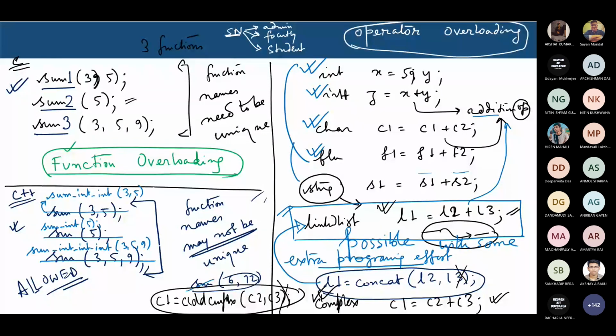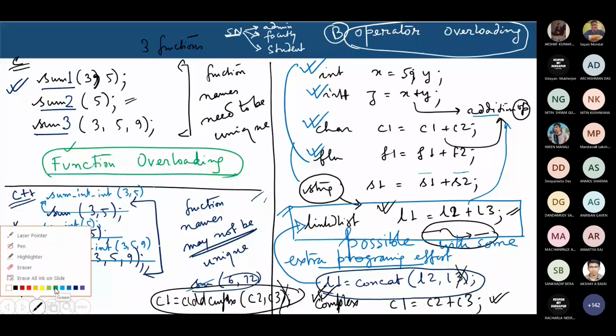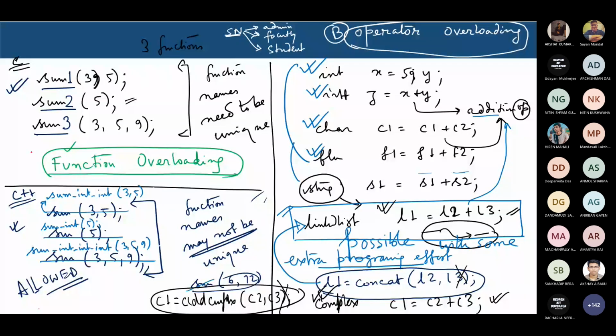So there are two additional features that we found that are supported by C++, or maybe object-oriented languages. One is function overloading, another is operator overloading. Is that fine? Now the compiler, so you are using the same addition operator, but if you supply two string